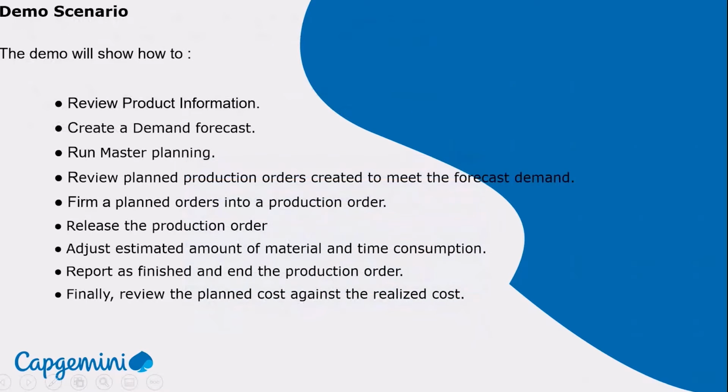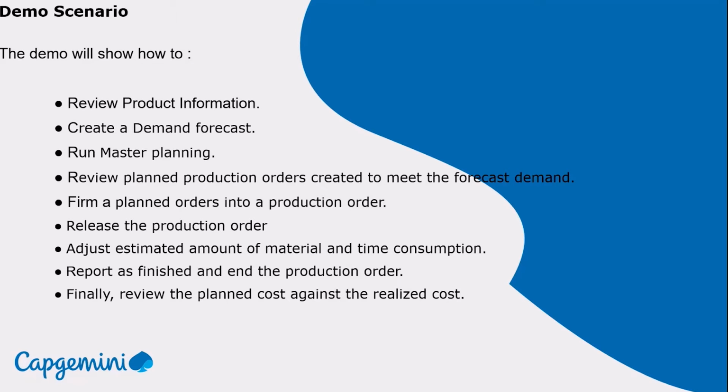In this demo, we'll review some details of the product information that will be used here. We will create a demand forecast. We will run the master planning. We will review the planned production orders that are created to meet the forecast demand. We will firm a planned order into a production order. We will release that production order